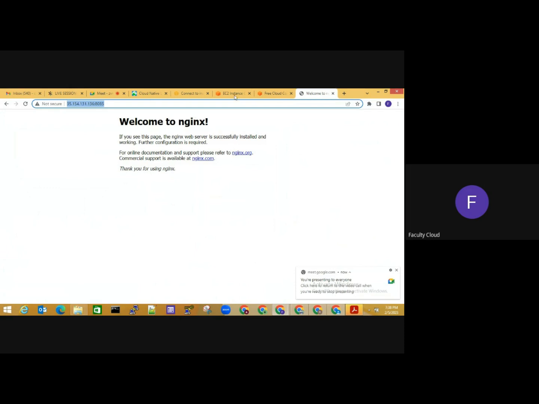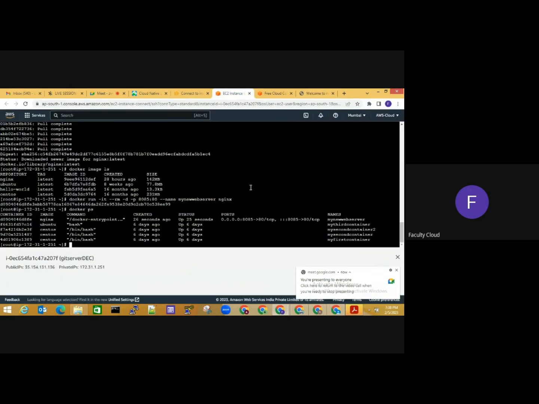I can go ahead and change this. For example, I can say docker exec, okay, I can go ahead and manage an application. So let me just go ahead inside the container.